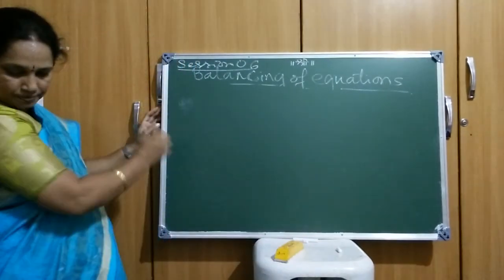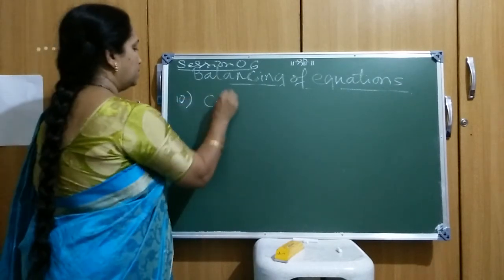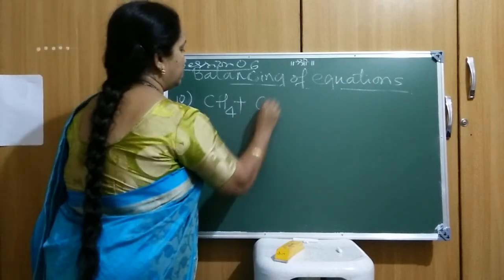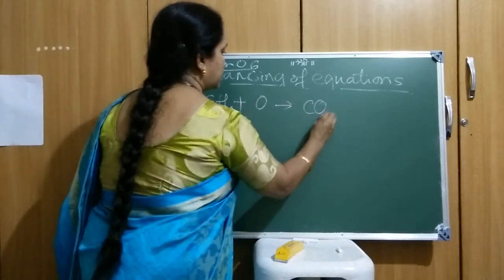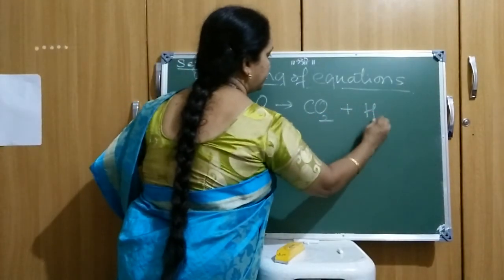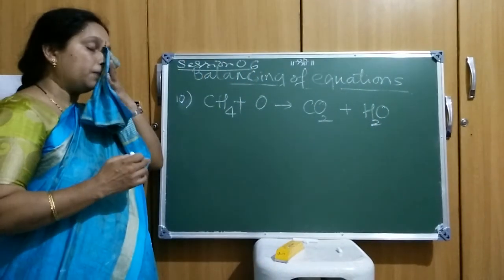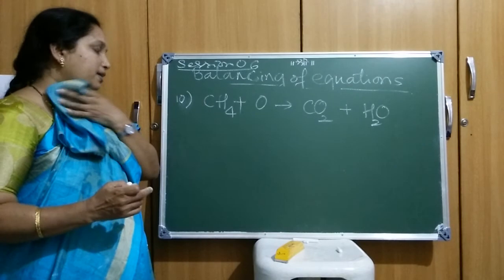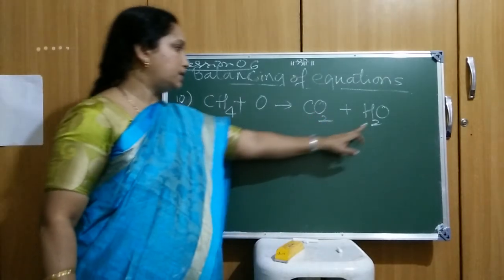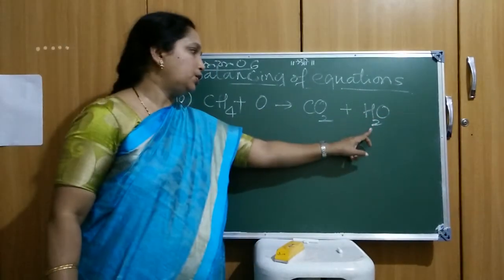So the next one, that is the 10th equation, CH4 reacting with oxygen is going to form CO2, that is carbon dioxide, and water. As I have said, it is a trial and error method by which one can learn the balancing of an equation, right? And if you observe over here, here O2 is there, here only one oxygen is there, and CH4 is there, and here H2 is there.